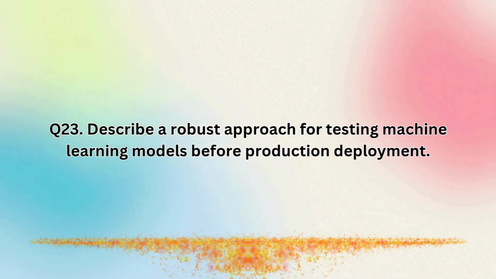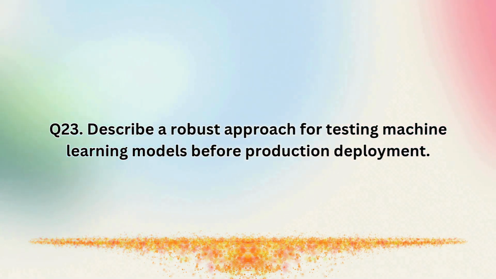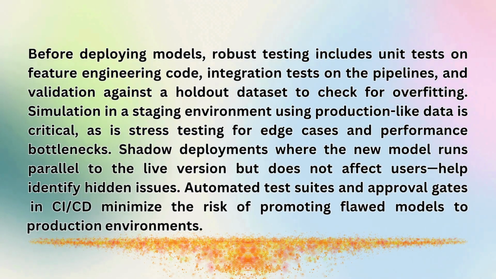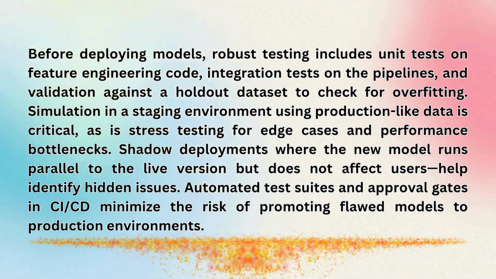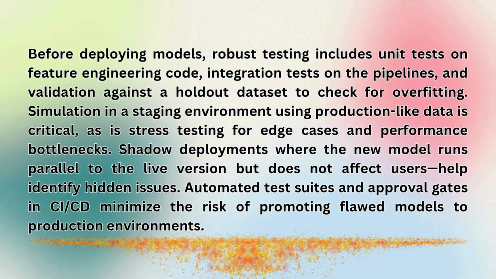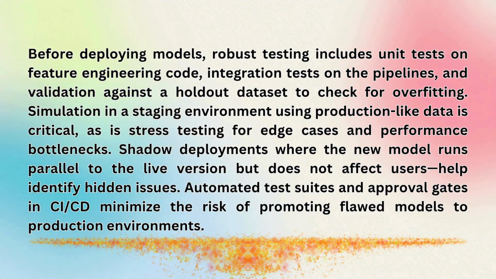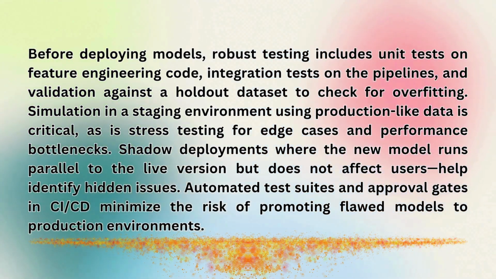Describe a robust approach for testing machine learning models before production deployment. Before deploying models, robust testing includes unit tests on feature engineering code, integration tests on the pipelines, and validation against a holdout dataset to check for overfitting. Simulation in a staging environment using production-like data is critical, as is stress testing for edge cases and performance bottlenecks. Shadow deployments, where the new model runs parallel to the live version but does not affect users, help identify hidden issues. Automated test suites and approval gates in CI and CD minimize the risk of promoting flawed models to production